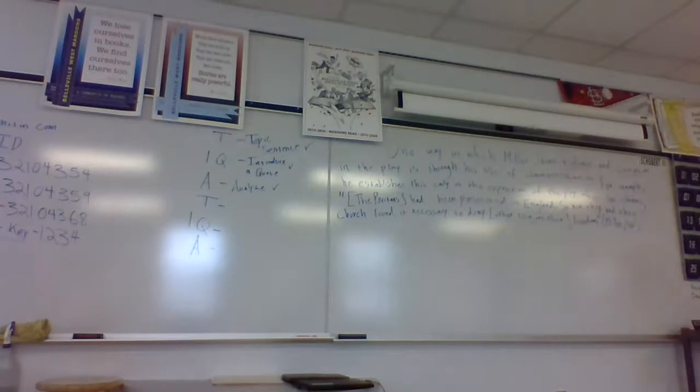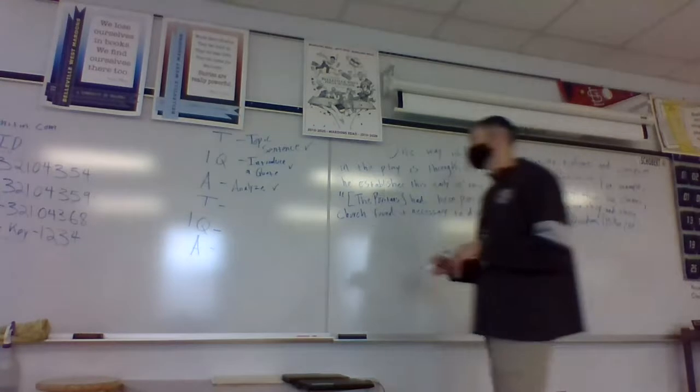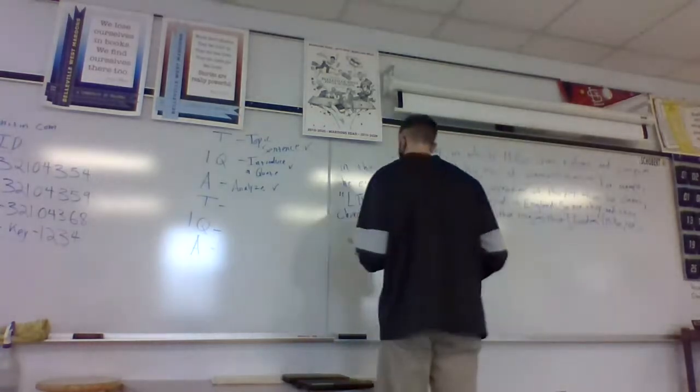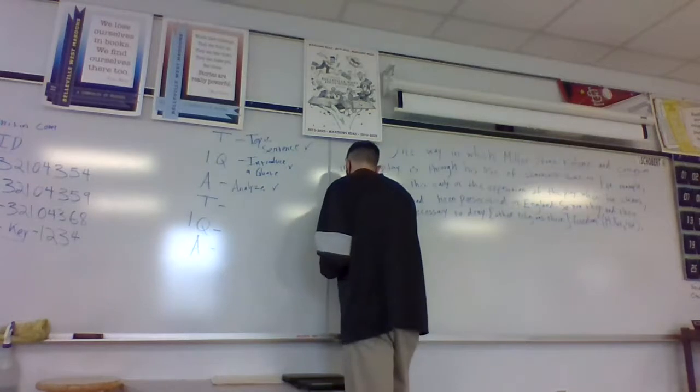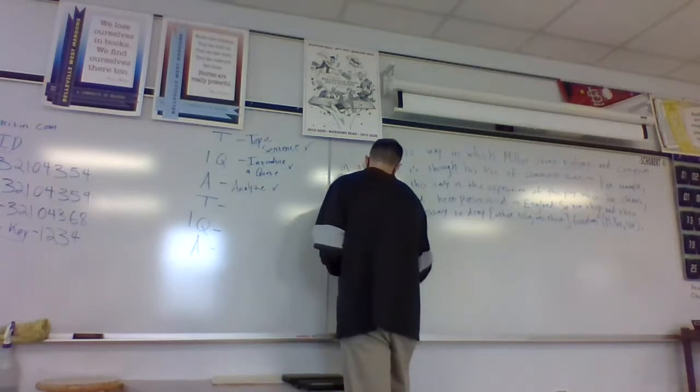Always reread what you just had. One way in which Miller shows violence and corruption in the play is through his use of characterization. For example, he establishes this early in the exposition of the play when he claims the Puritans had been persecuted in England. So now they and their church found it necessary to deny other religions their freedom. I always like to transition into analysis pretty simply. I just used a quote, so I'll say, in this quote, or in this passage,